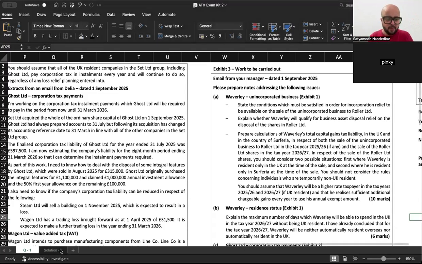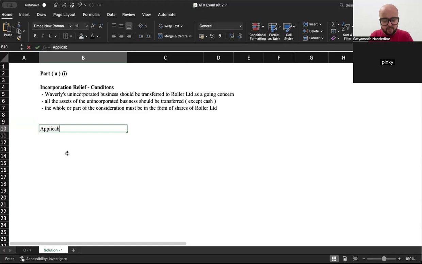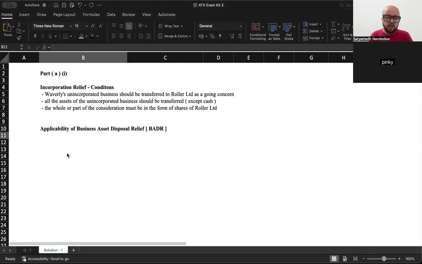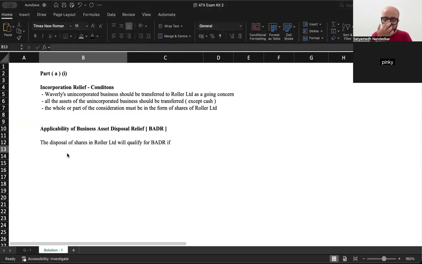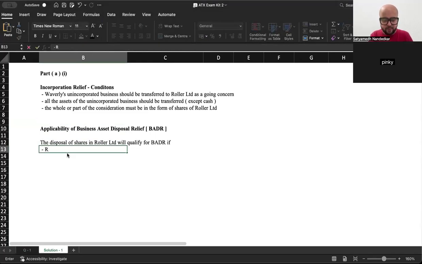Okay. Now, business asset disposal relief, applicability of business asset disposal relief, BADR. Now, the disposal of shares in Roller Limited will qualify for BADR if, see, this is disposal of shares, okay? If the company is a trading company,